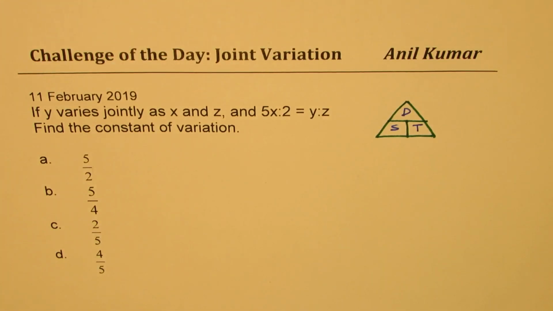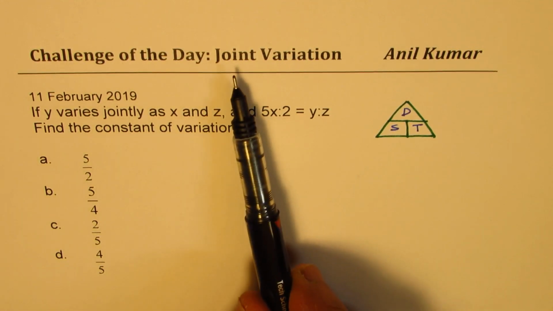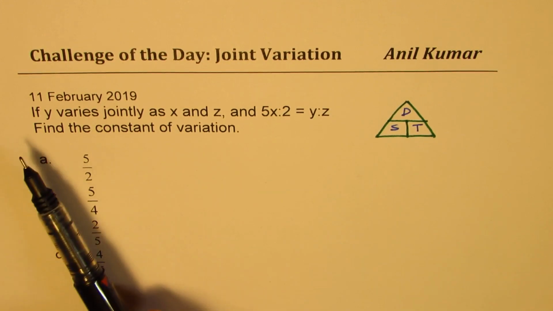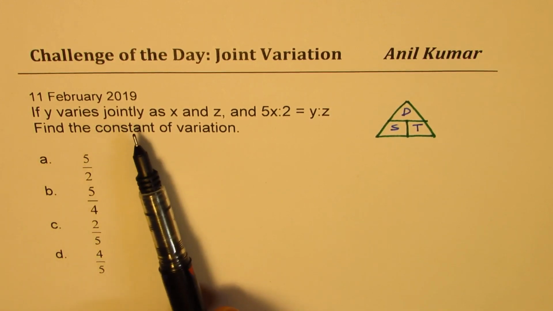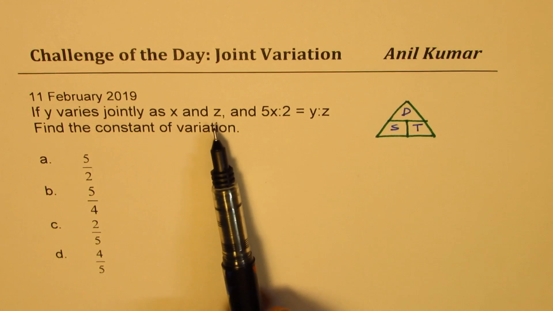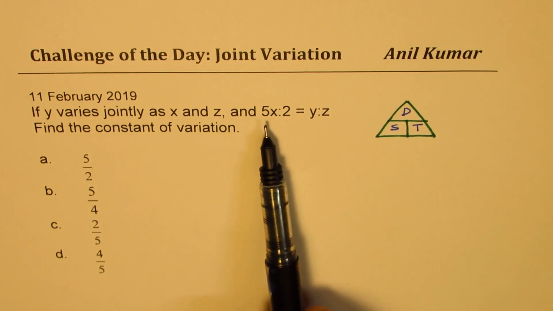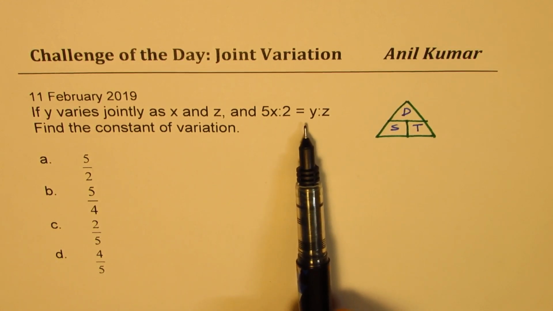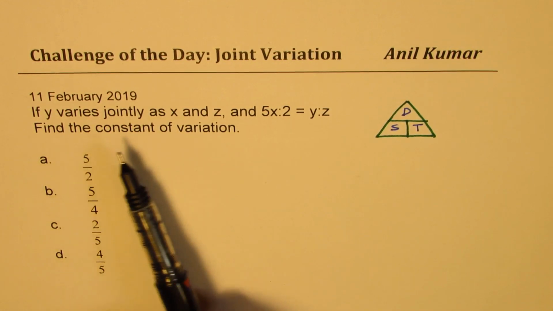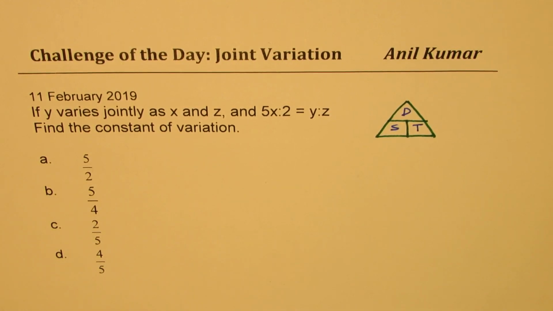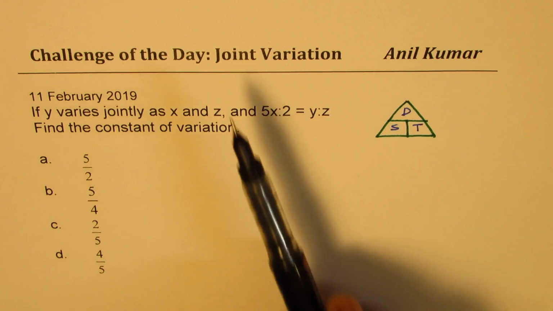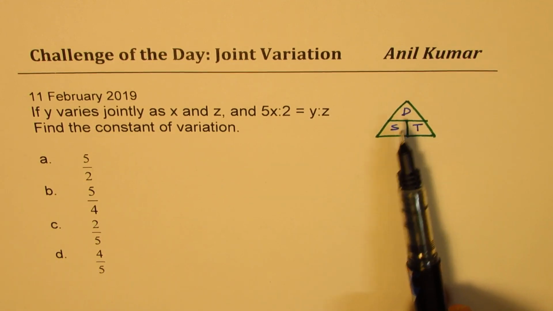Here is the solution of yesterday's challenge of the day, where the question was based on joint variation. If y varies jointly as x and z, and 5x is to 2 equals y is to z, find the constant of variation. So to give you an idea of joint variation, we took an example of distance, speed,